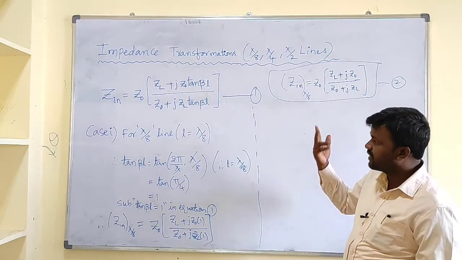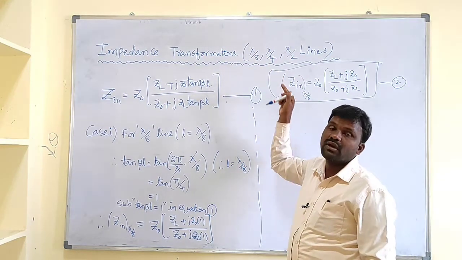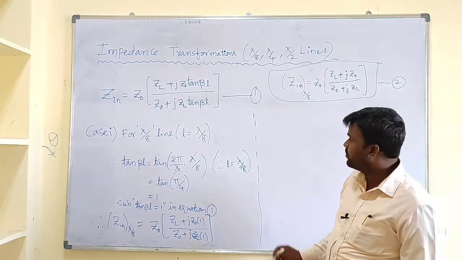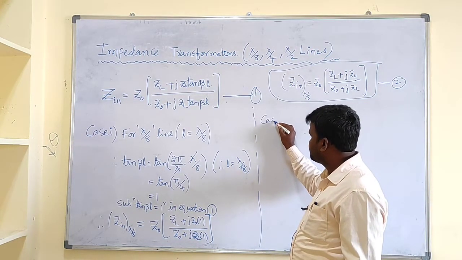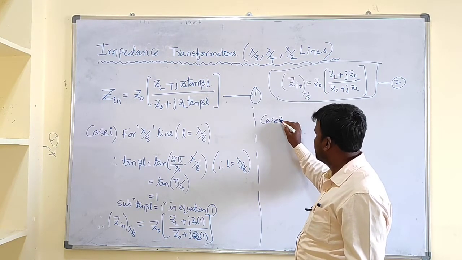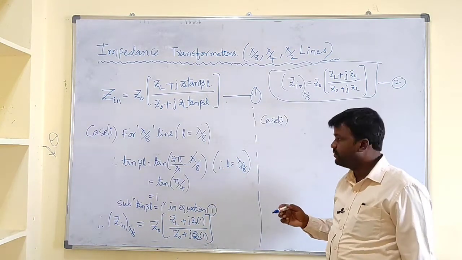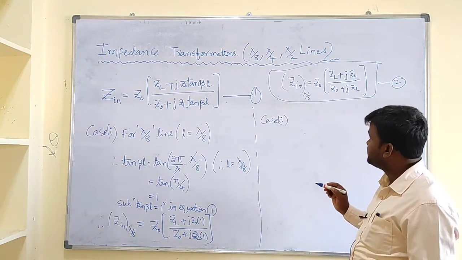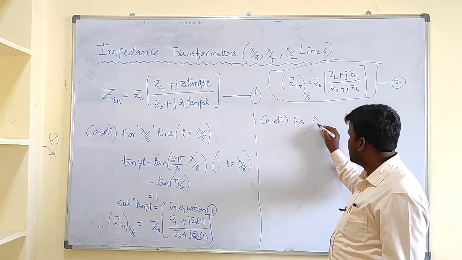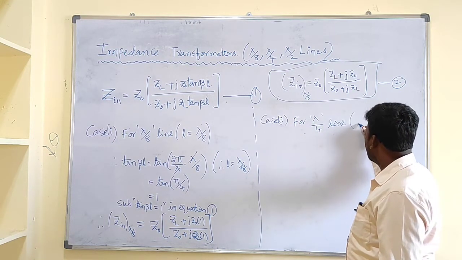And we will go for case 2, by considering a lambda by 4 line. Lambda by 4 line means the length of the line is L equal to lambda by 4. This is case 1, and this is case 2. So case 2 is the second line, the lambda by 4 line, which means the length of the line is